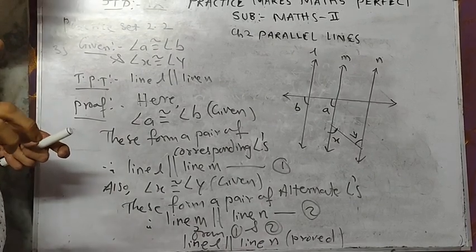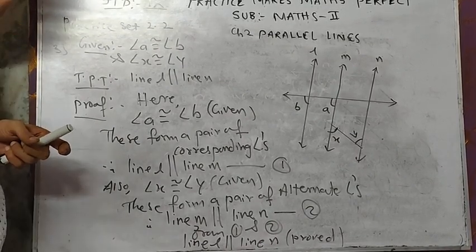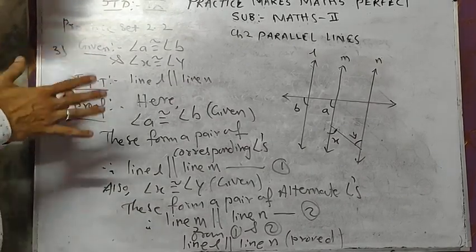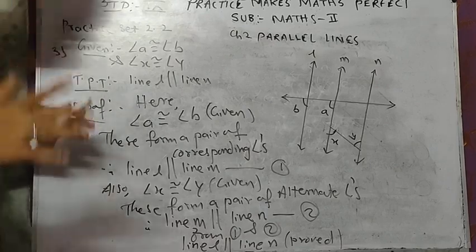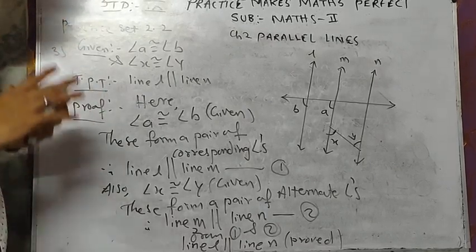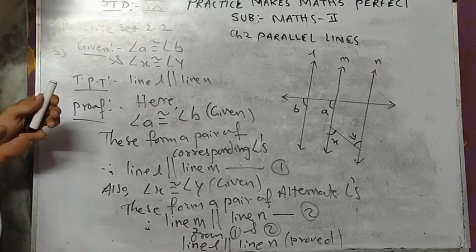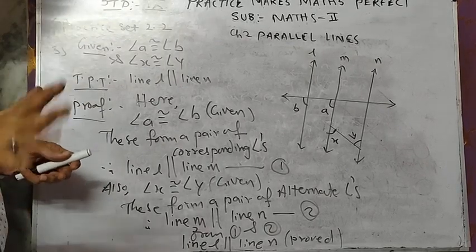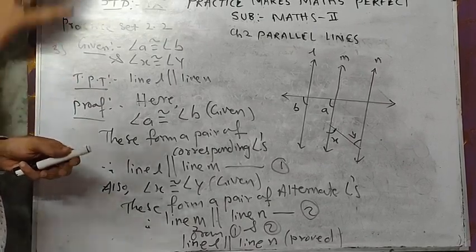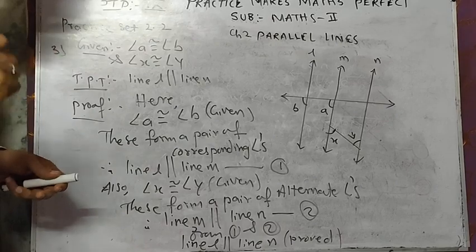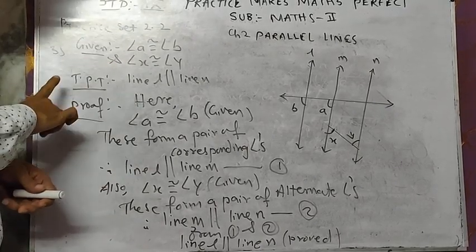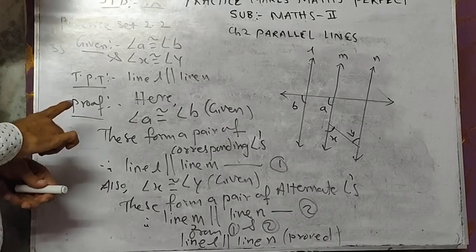Okay, corresponding angles, alternate angles, interior angles, linear pair, this is all basic concept of chapter 2, parallel lines. Okay, very easy chapter it is. Parallel lines means very easy chapter. So if you know this basic concept of corresponding angles, alternate angles, interior angles, very easily you can pick up and you can solve the sum. So here we have completed practice set 2.2 till sum number 3.